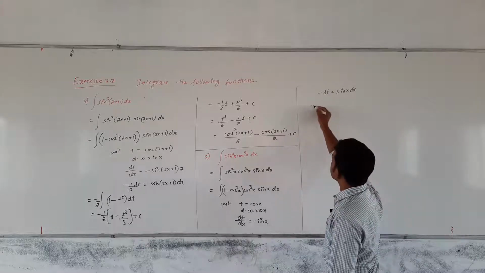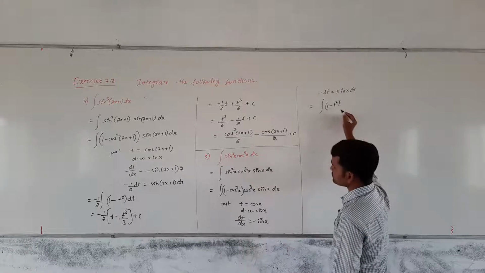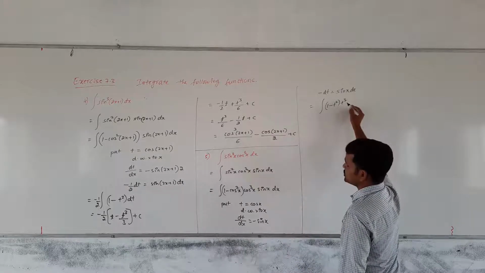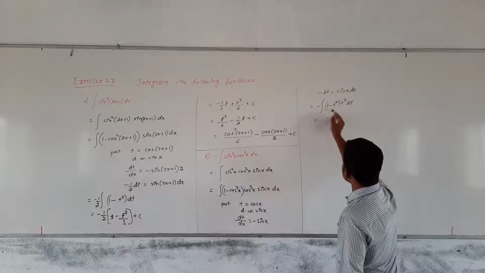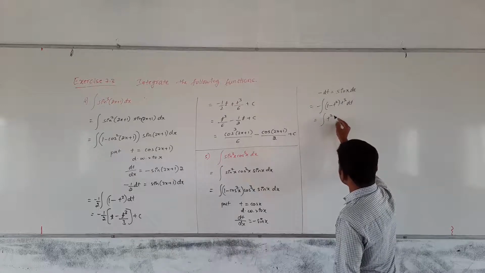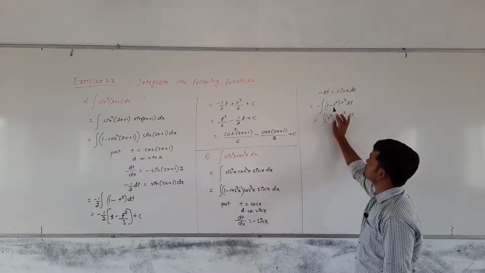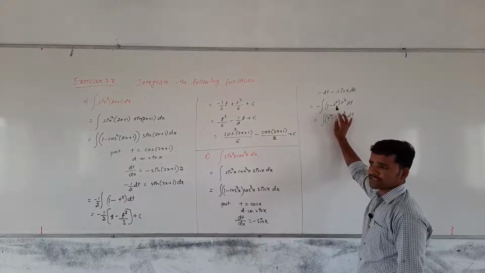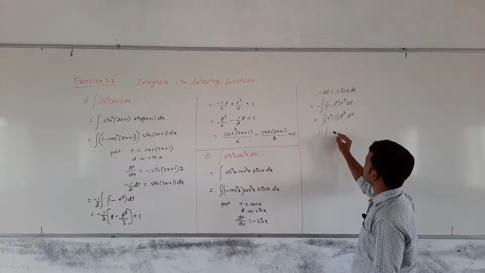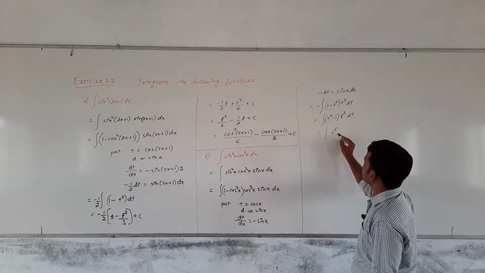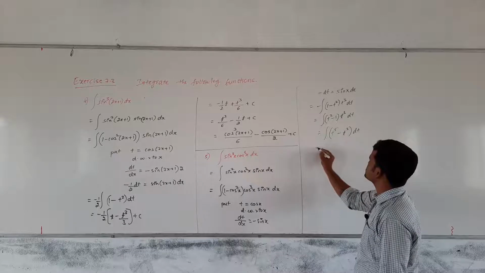Coming to the integral of 1 minus cos square x, substituting t square, into cos cube x, that is t cube, and sin x into dx is minus dt. Minus you write outside into dt. Minus will get multiplied with this. Integral of this can be written as t square minus 1 into t cube into dt. Minus is getting multiplied with this, so it becomes minus 1 plus t square, which is t square minus 1. Integral of t cube will get multiplied with these two: t square into t cube is t raised to 5, minus 1 into t cube is t cube. Integral is with respect to t.